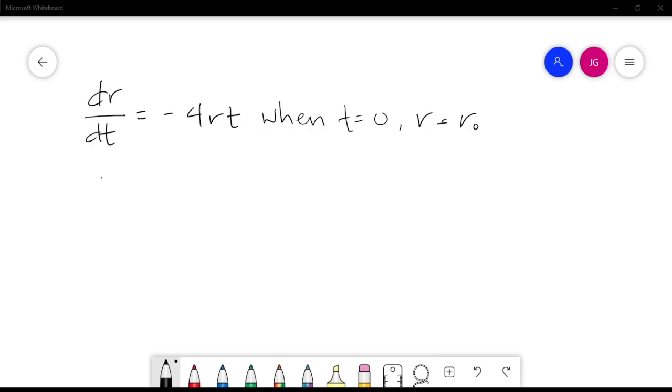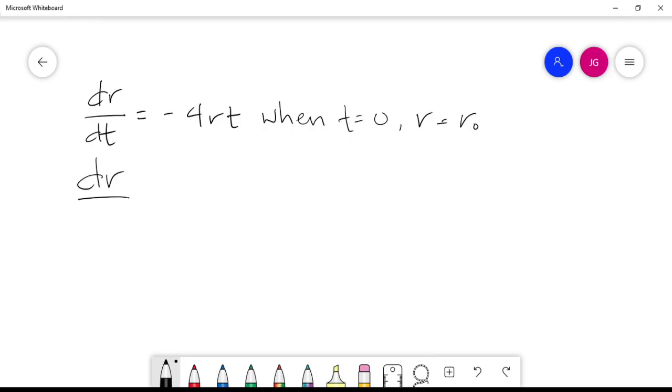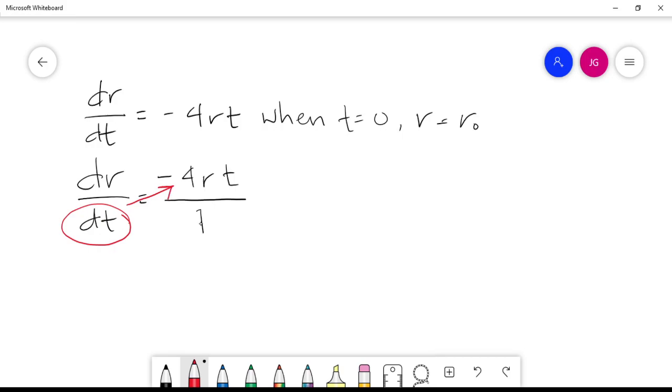Okay, rewrite na to dr over dt is equal to negative 4rt over 1. Para mas maklaro dyan na to guys, ako ang i-highlight si dt daw mo transpose sa numerator. Then si r i-transpose sa